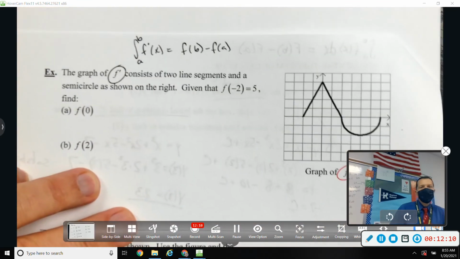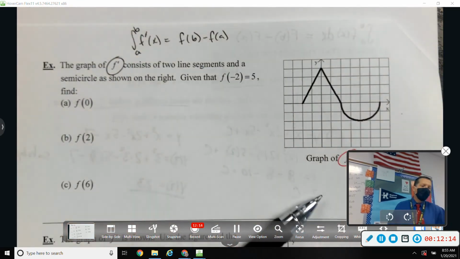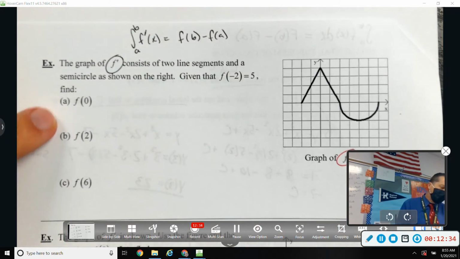Let me write that up at the top again. The integral of f prime. The antiderivative of the derivative gets me back to the function. Say it that way. Use the right words and it's easier. The integral of f prime is f, but the antiderivative of the derivative gets you right back to where you started. So if we want to find f of 0,